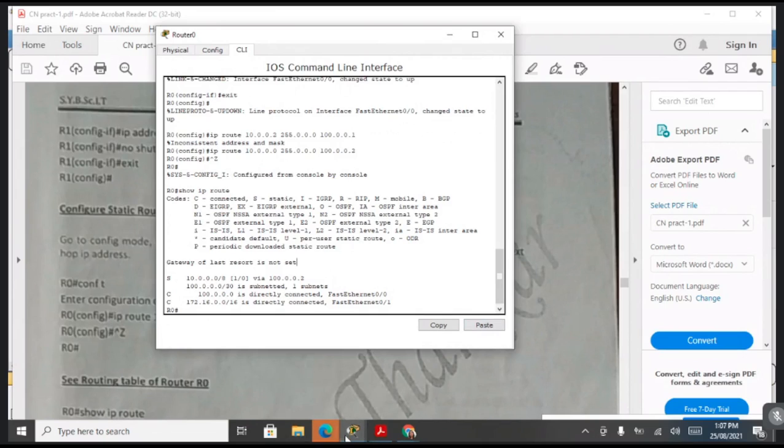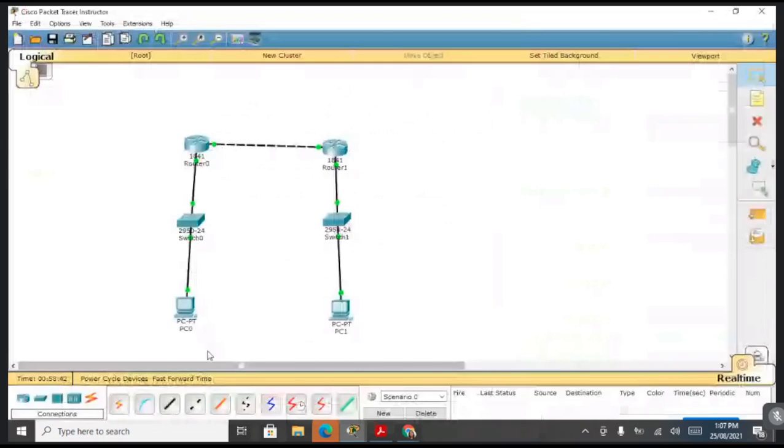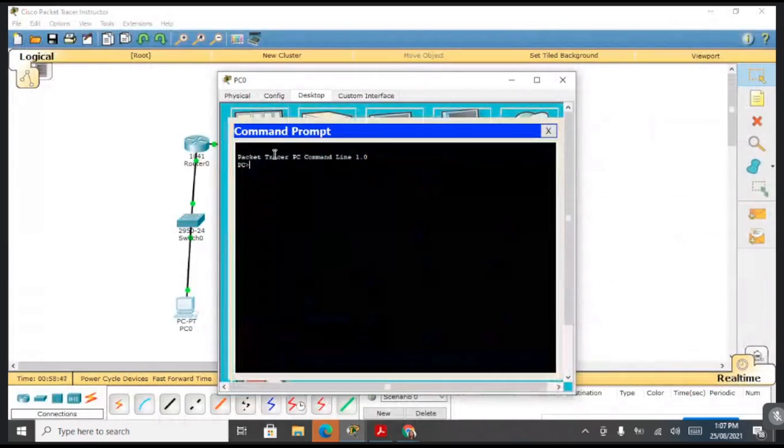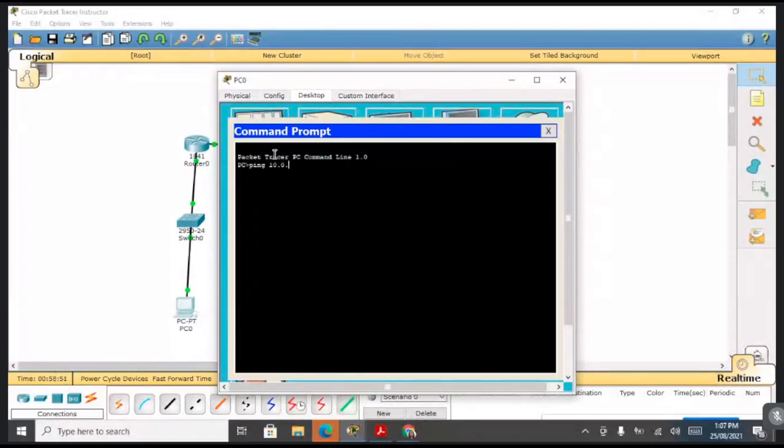Suppose in this diagram, in the command prompt, we ping here 10.0.0.2. Request timed out, then we get 100% loss over here, because there is no static route.